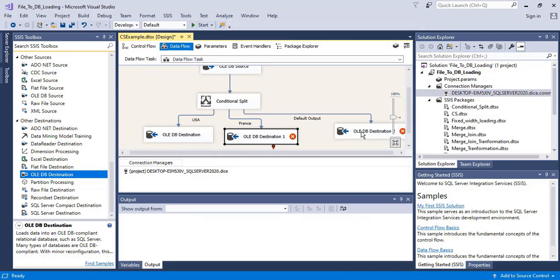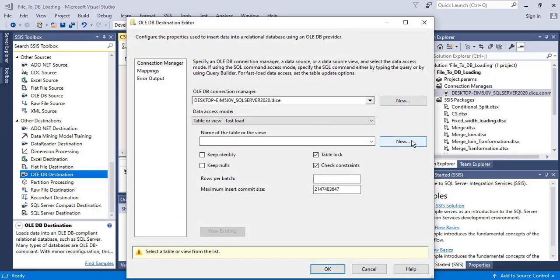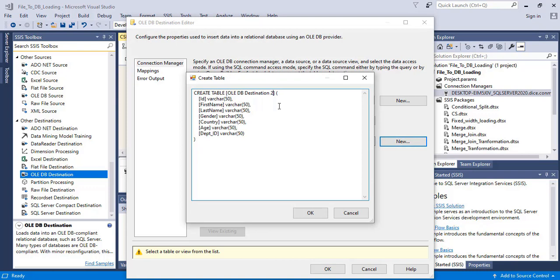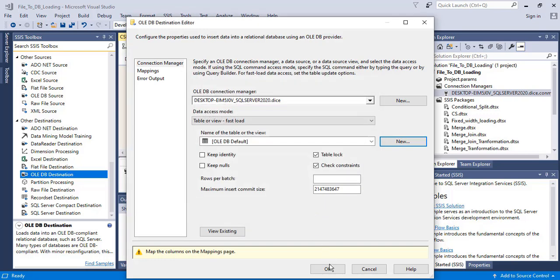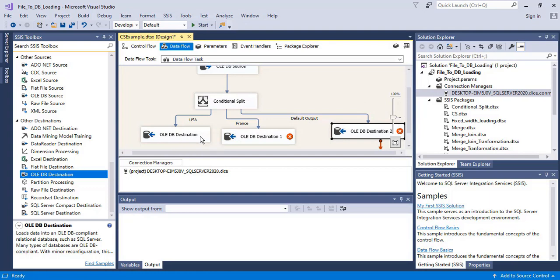Click OK. The third one is going to be the default table, where I'm going to get data other than France and USA. Default employees. So in my first table, I'm going to get data of USA employees. The second one will get France employees. The third one will get data of employees other than USA and France.